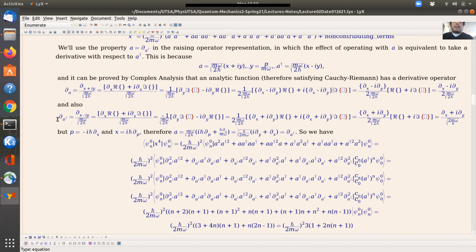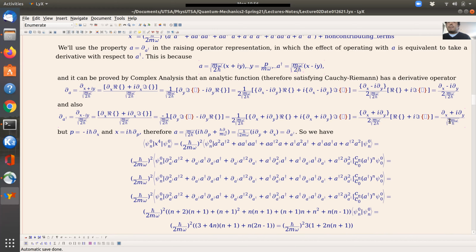Also, if you were to analyze the complex derivative with respect to A dagger in the complex plane and apply the Cauchy-Riemann conditions, you would have partial derivative with respect to x minus i y. Then this factor is coming out from here. So you have the real and imaginary parts. Again, this is Cauchy-Riemann, and if you were to do the algebra, you would have this: dx plus i dy